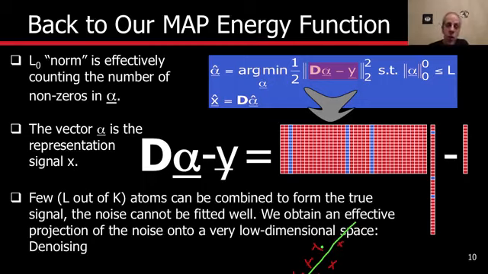In this case we just go from 2 to 1, but that illustrates the concept that we go into a lower dimensional space, and by that we get rid of the noise. In order to represent the noise, we will need many additional atoms, and that's why we are restricting alpha to be